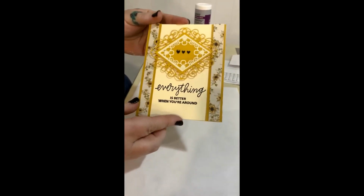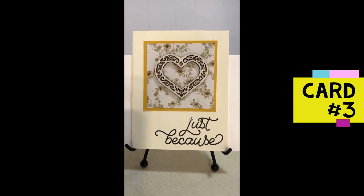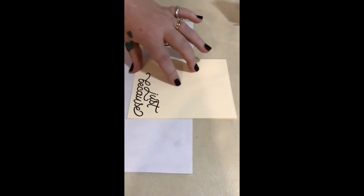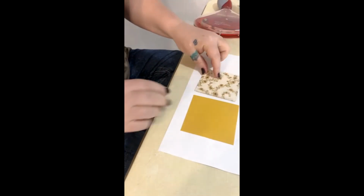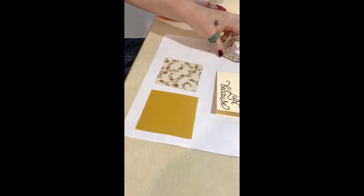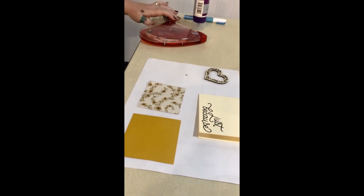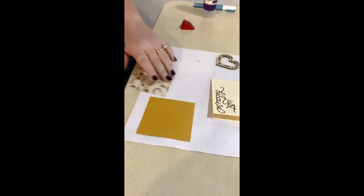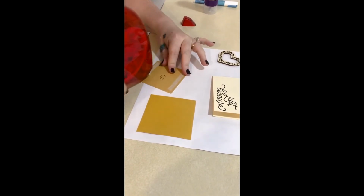Everything is better when you're around. So this is going to be card number 3. And with this kit, you're going to get your base card with just because stamped on it. You're going to use the little piece that you cut, number 3, your matting, a little wooden embellishment, and a little piece of bling. So to start with, again, you're just going to attach your pattern paper to its mat,